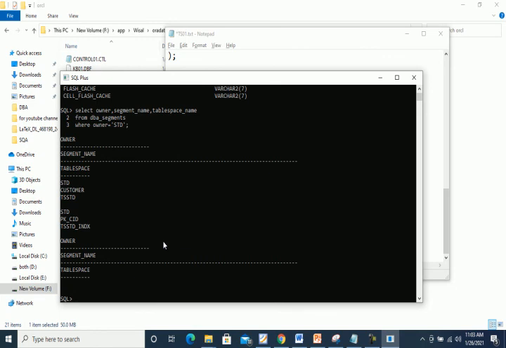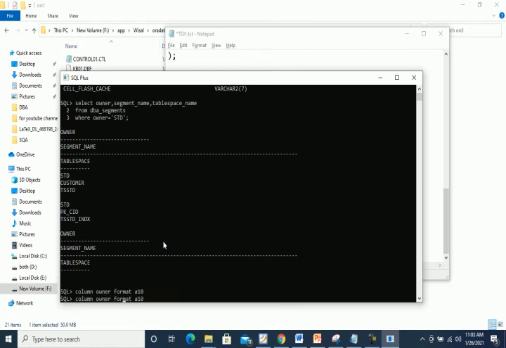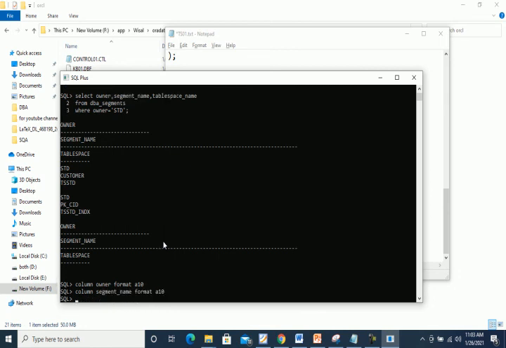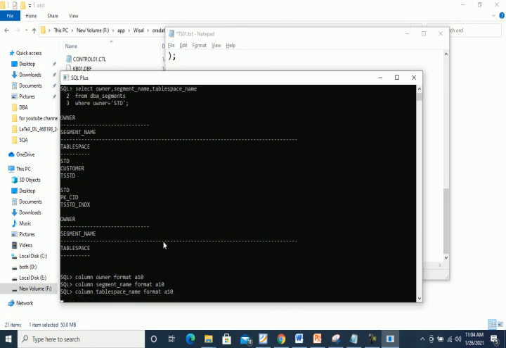Okay, let me organize it. Column owner format A10. Then we have another column segment_name, and tablespace_name. And just execute the query.